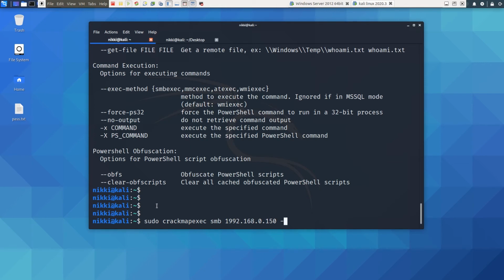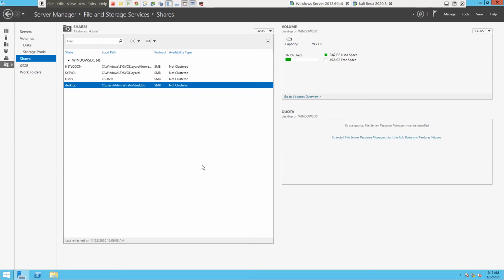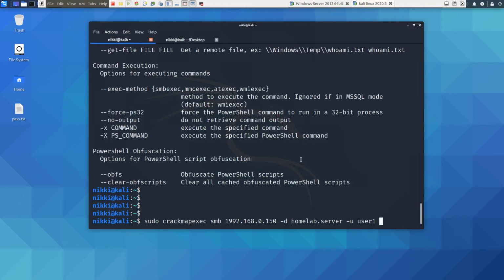Now we need to specify the domain name, which is homelab.server, and the username, we can say user1. Of course in Active Directory there will be an administrator user, that's compulsory. The administrator user is set up after installation of Windows Server, so you can directly brute force the password of the administrator.